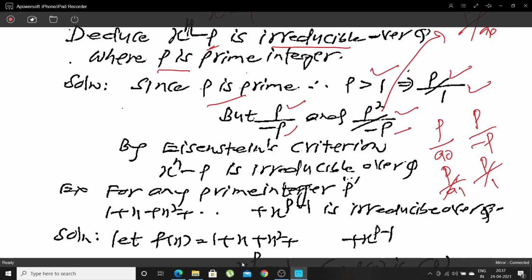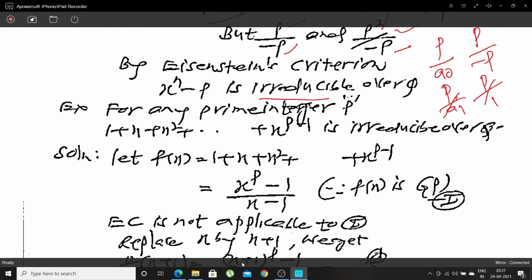That means the statement holds good. That means it is irreducible over rational numbers. Another important and standard example related to the Eisenstein criterion theorem: for any prime integer p, 1 plus x plus x square, and so on up to x to the power p minus 1, is irreducible over